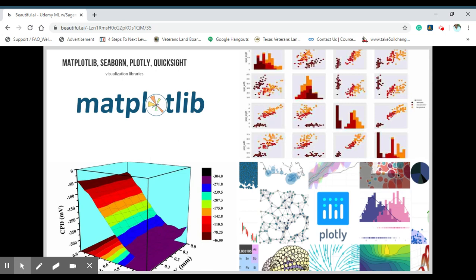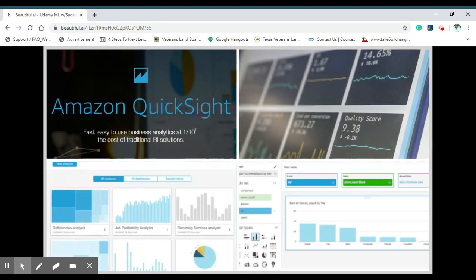If you're trying to put something in a production environment and you would like to look at real-time models, then I would say AWS QuickSight makes the most sense. If you're trying to design something for sharing with other people on your team, then you might want to use Seaborn or Matplotlib. And again, Amazon QuickSight,